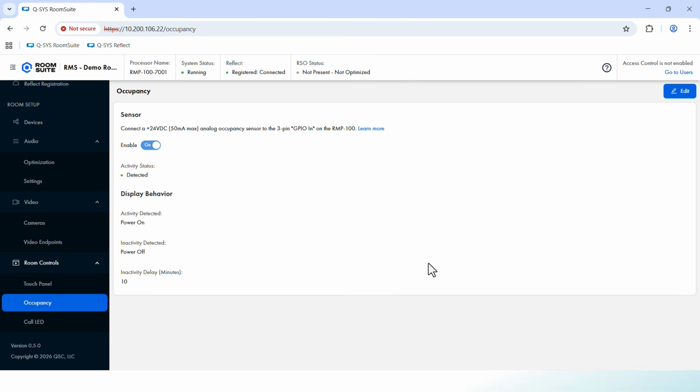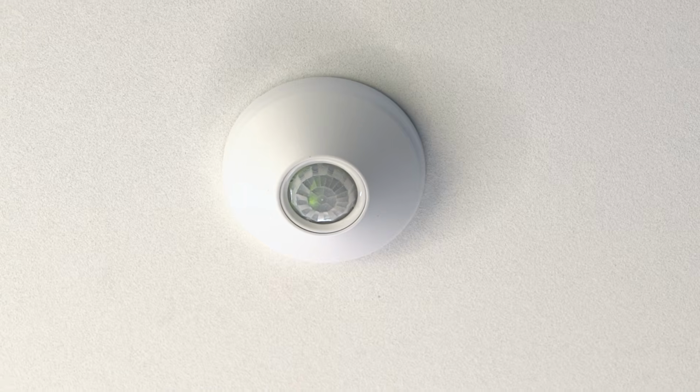So moving on to the room controls configuration, this is the part of the software where you will customize the user interface. In addition, we have support for some occupancy-driven functionality. So that RMP100 processor does have a general purpose input that connects to your general purpose PIR occupancy sensor. In this space, we're using a QED sensor switch occupancy sensor to drive the motion detection in the space